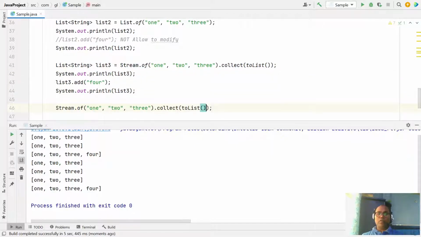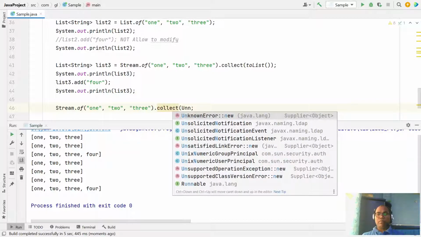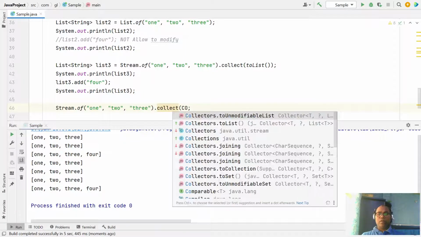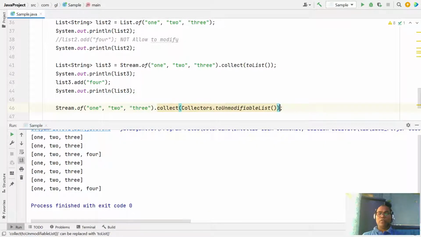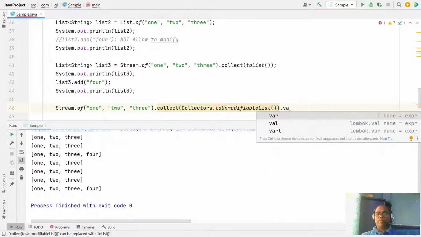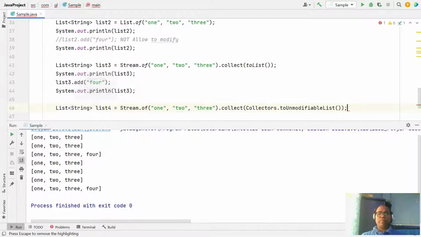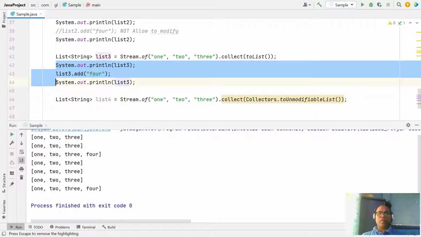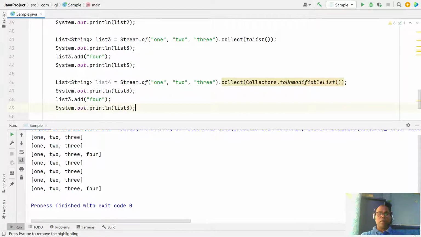Sometimes someone wants to use a stream but wants the list to be unmodifiable. So you can also do it like this: instead of that, collect to unmodifiable list. And here if you try to add something, since you have specifically said you want to collect an unmodifiable list, it's not allowed.